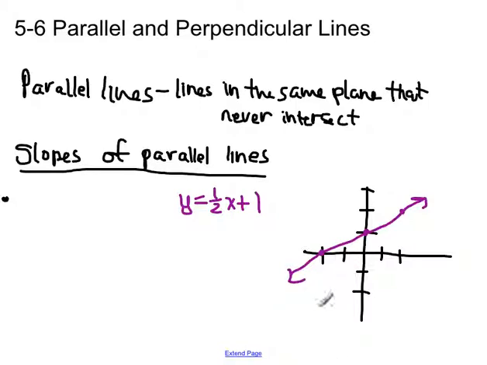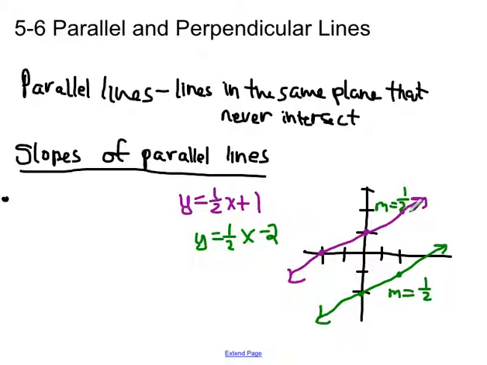Okay, and now I'm going to look at the graph of y equals 1/2 x subtract 2, okay? So I'm going to do a y-intercept of negative 2. I'm going to go up 1 over 2, up 1 over 2, okay? So my graph's going to look like that, okay? Both of these have a slope of 1/2. Okay,